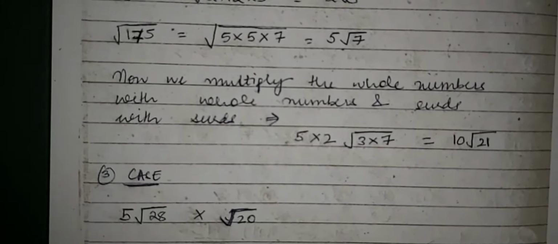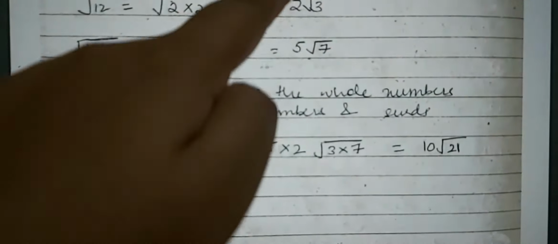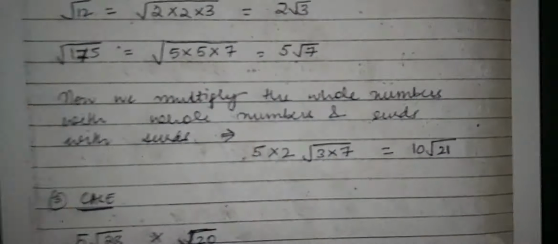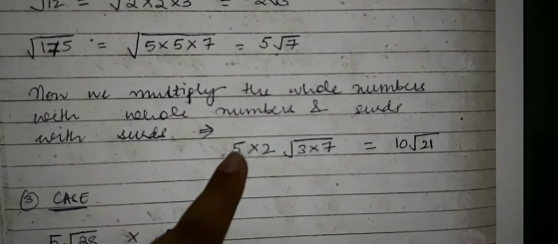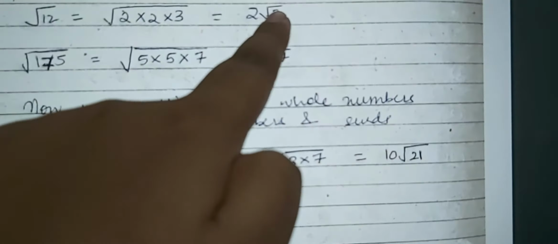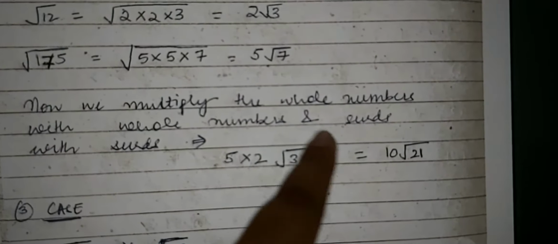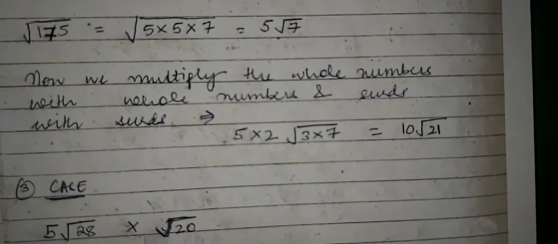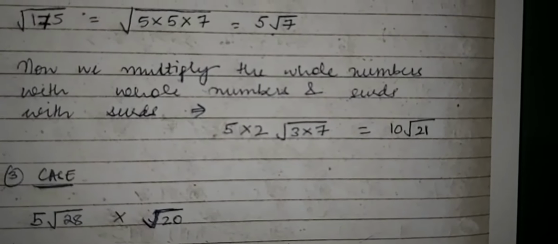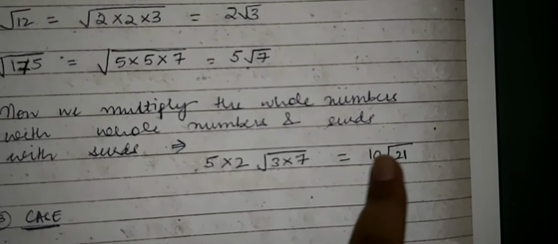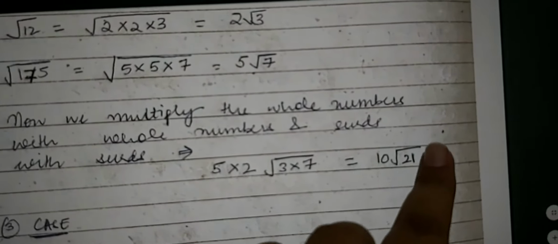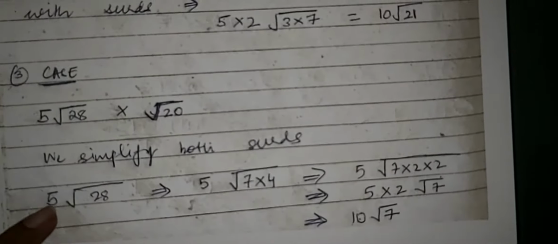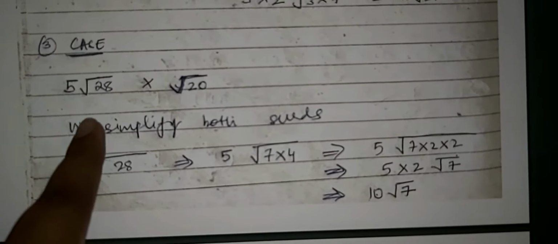Now what we're going to do is very simple. जो बाहर में है, I'm going to multiply. So 2 into 5 and root 3 into root 7 I'll do. Root लगाऊंगी 3 into 7. What do I have? 5 2s are 10. What's outside I'm going to multiply. What's inside I'm going to multiply. 7 3s are 21. My answer is 10 root 21.